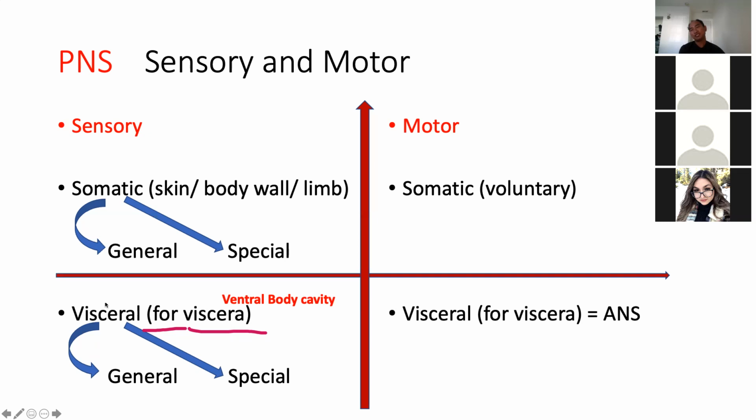Sensory, somatic sensory and visceral sensory, is a little bit difficult to remember, but try to remember it as general somatic and special somatic, general visceral and special visceral. General, as I say, is like six structures: touch, temperature, pressure, pain, proprioception, and vibration. That is under the general somatic. Special, the way I try to remember is electric vehicle, EV: eye, which is vision, and equilibrium, and of course hearing. That is the special somatic. General visceral is anything coming from our stomach and gastrointestinal tract. Special visceral is our smell and our taste. I hope you are following. I know it is a bit much,